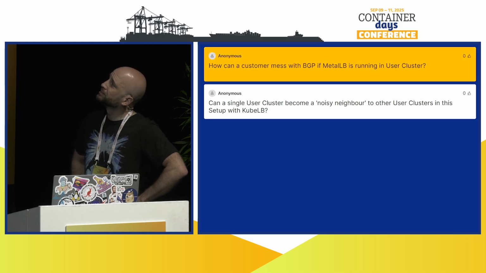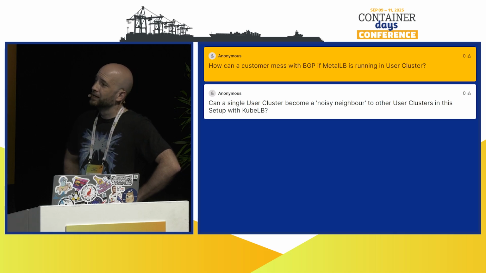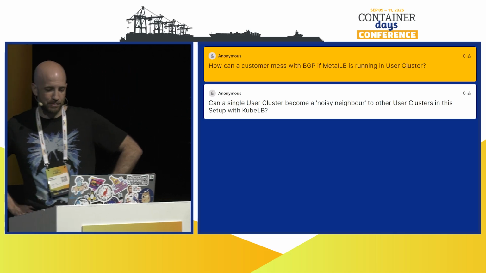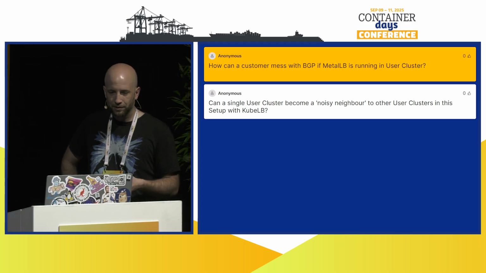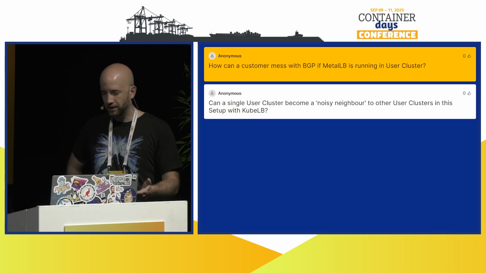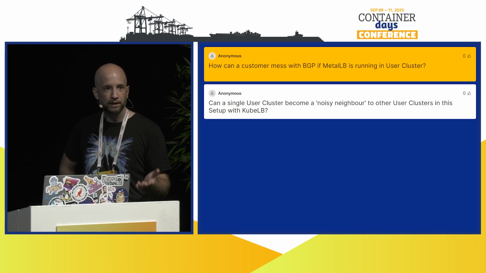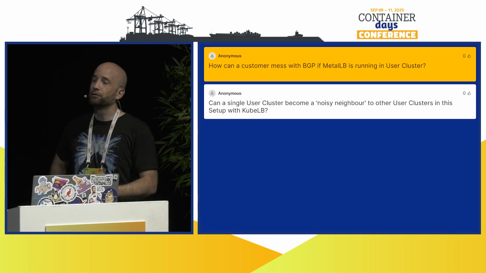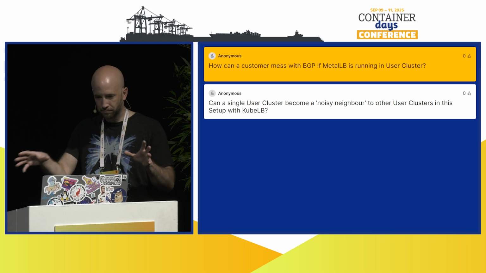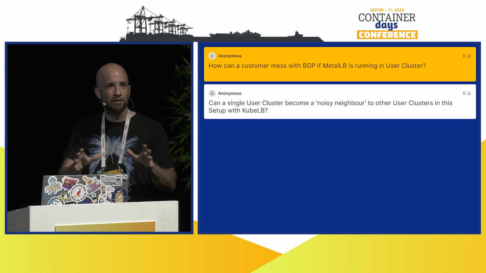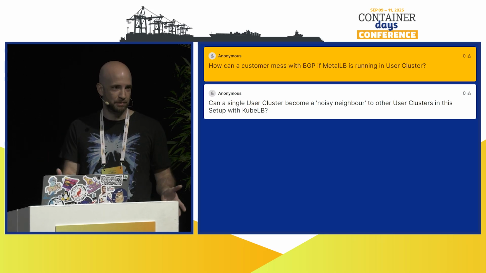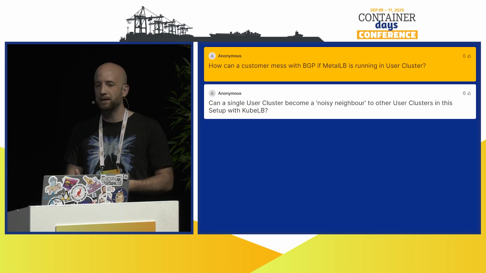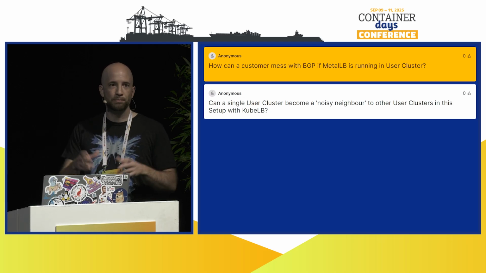How can a customer mess with BGP if MetalLB is running in a user cluster? Oh, there's a lot of ways. Yeah, so if we would put MetalLB in the user cluster, we would obviously also need to put its configuration there, like the BGP peering configuration, password to our networking infrastructure. And of course, on our networking router, we can filter some prefixes and stuff, but we just don't want them to be able to even see this and maybe spawn up their own BGP process that then peers with our router and starts announcing